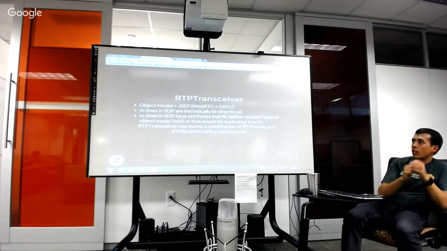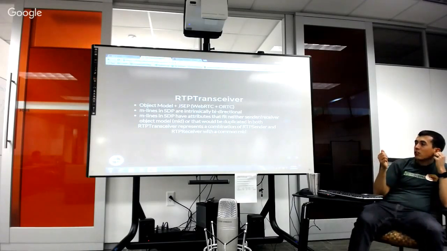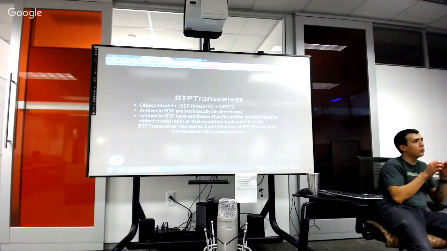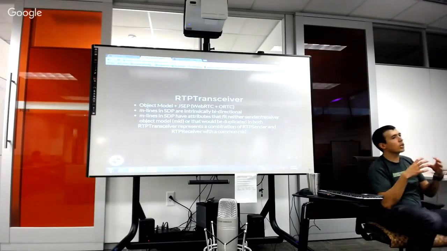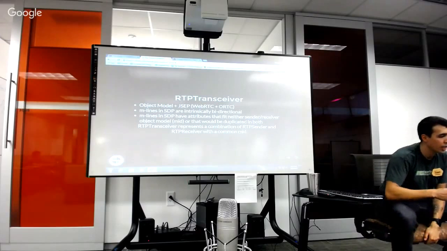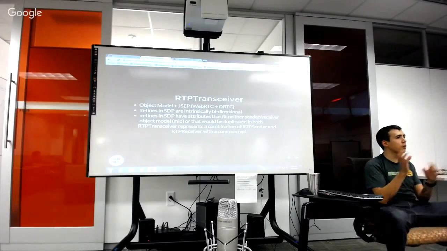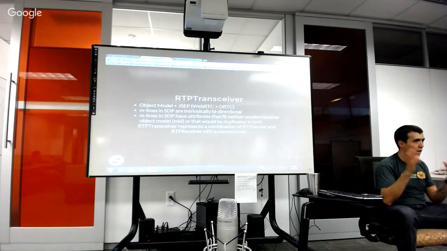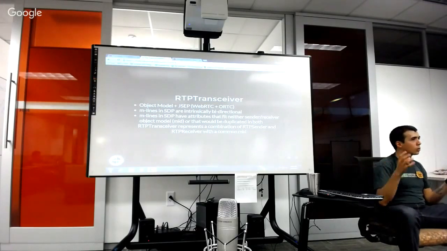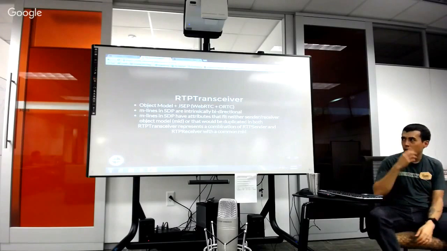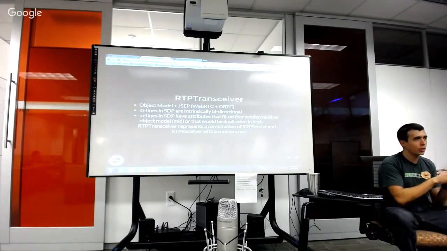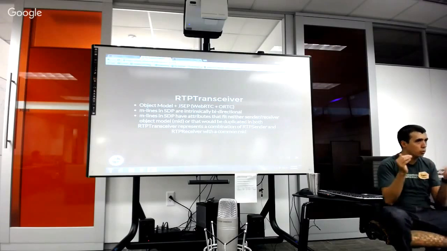But what comes in is that M-lines and SDP have attributes that don't really fit. When you're dealing with SDP, that's where this is an issue, because you can't apply SDP straight to a sender or a receiver, because SDP is intrinsically bidirectional. That's the point of it: it's describing the whole session, both outgoing and incoming. So it has attributes that don't apply to a sender or a receiver. It applies to a two-way thing.